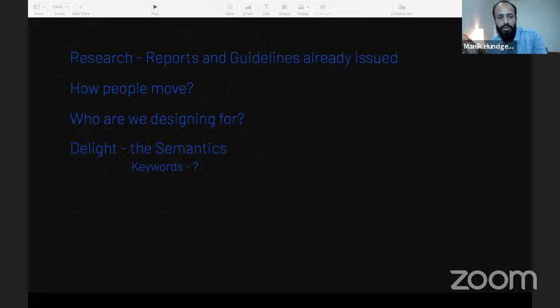So research, when we're talking about research as the first part, there will be reports and guidelines already issued. You can refer to that for speeding up your system. For example, guidelines should not be just a benchmark, you should not go by the book. As we were talking, you can have a circular approach to this layout for vaccinations, and you could still have the guidelines in place. Guidelines are basically the rules you want to follow, but the shape doesn't matter there.